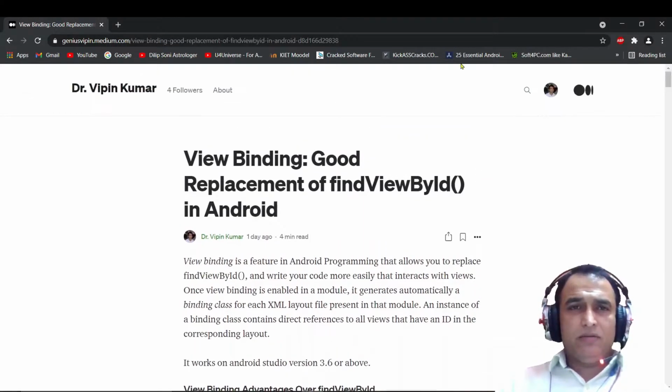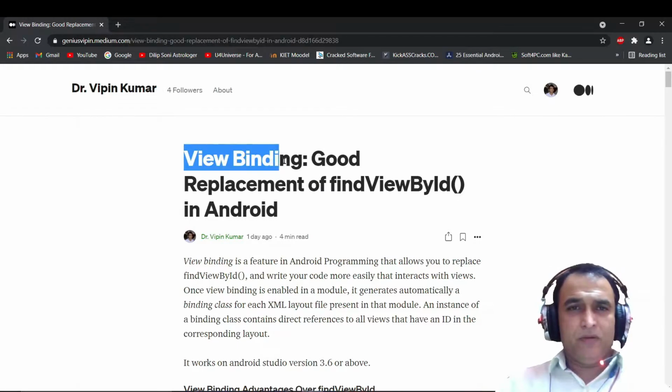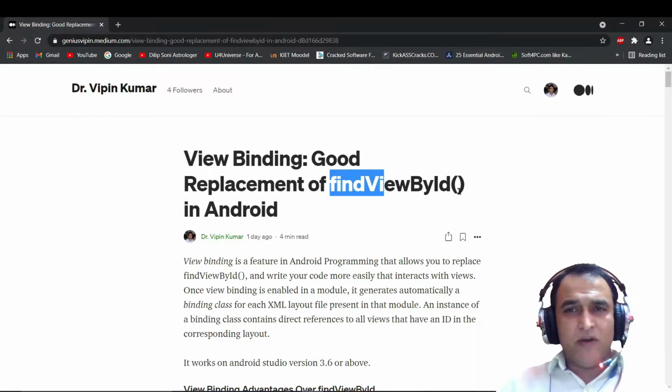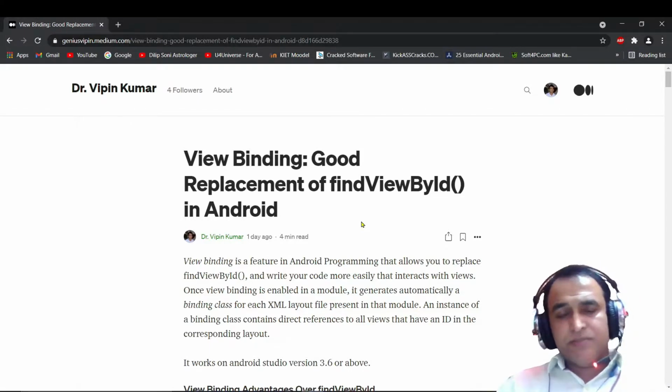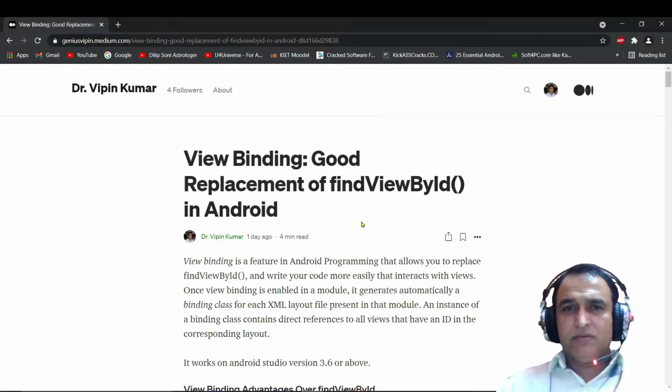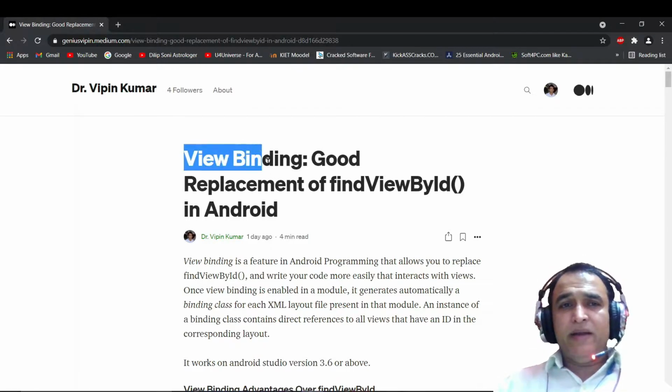Today we will learn the new concept view binding in Android. So what is view binding? View binding is a new concept in Android by which we can replace the oldest method of findViewById. By using findViewById, we get the object of the component which we add in the XML layout, like a button, text box, edit box, or list view. All these IDs we get from the layout and make an object in Java or in Kotlin. So this view binding is the replacement to